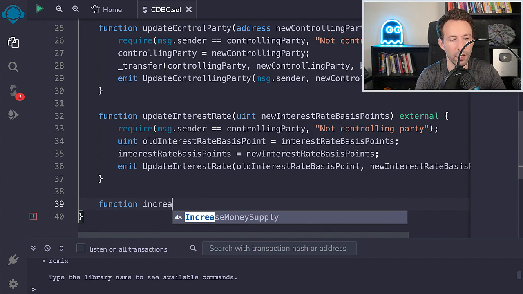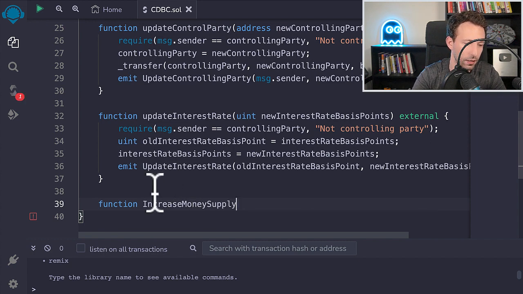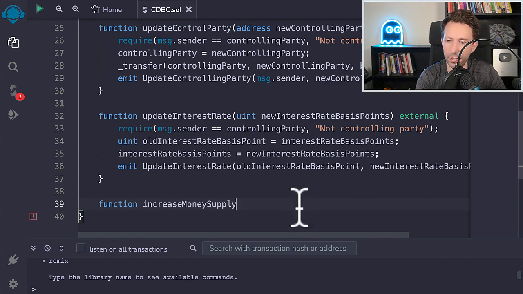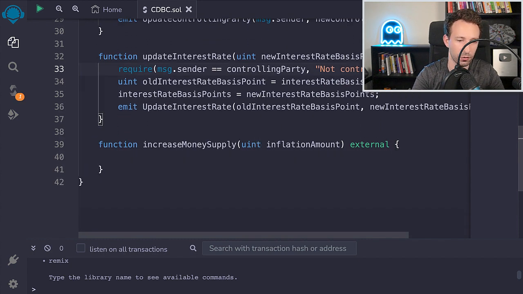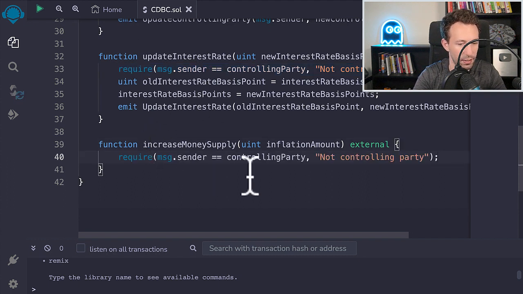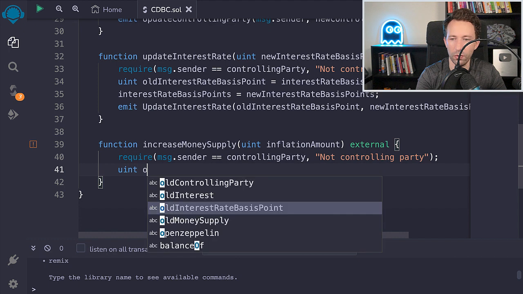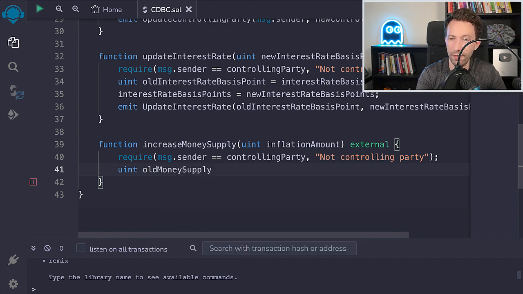Then we are going to do another function to increase the money supply. So basically when government want to print money, this is the magical function, the money printer. So here we specify what is the amount of inflation, the amount of new coin. Here this is external. So here we need some access control because otherwise anybody can print as much money as they want. We are going to store the old money supply for the event we're gonna emit just after, and for that we use the total supply function of ERC20.